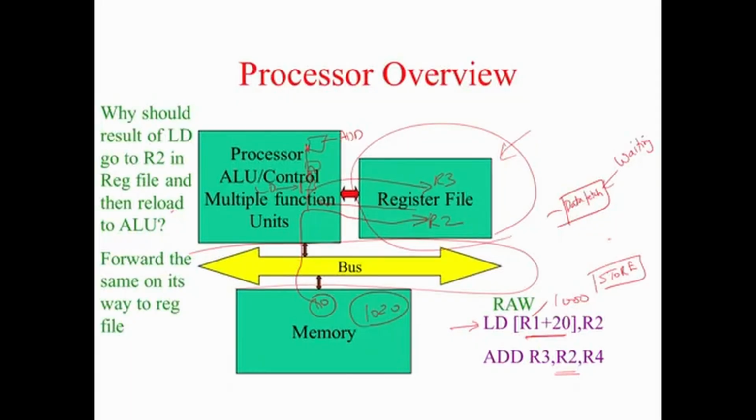Are you able to follow? So very quickly I will tell you again, there is a load instruction which is reading from 1020 and loading into R2. There is an add instruction that immediately follows it, which uses the value of R2. So in our pipeline, this add instruction should be waiting inside the CPU in the data fetch stage, while load is completing its